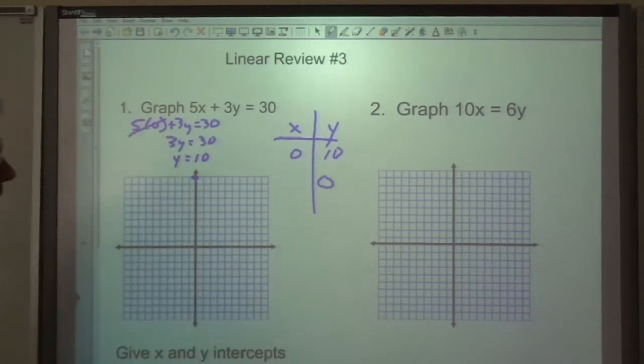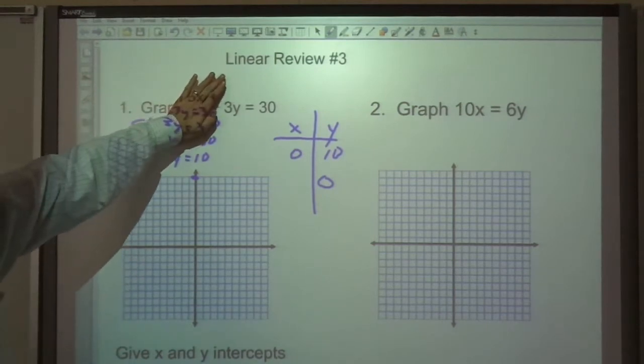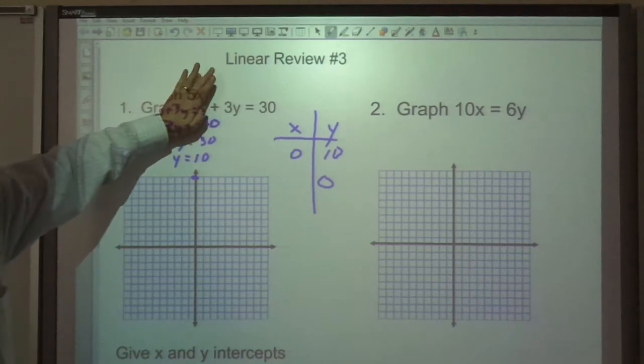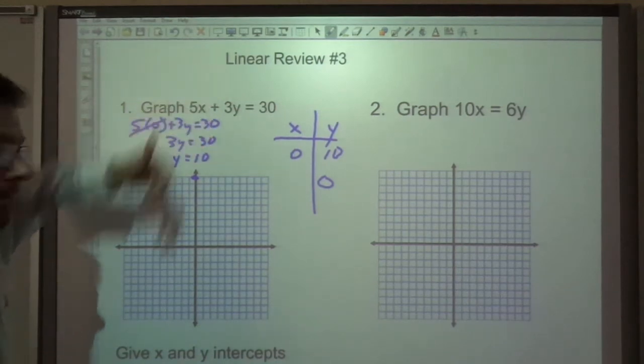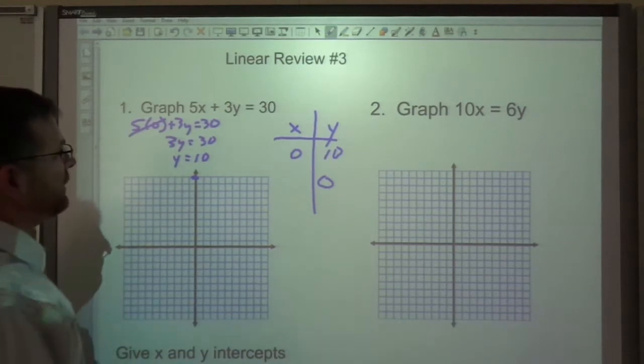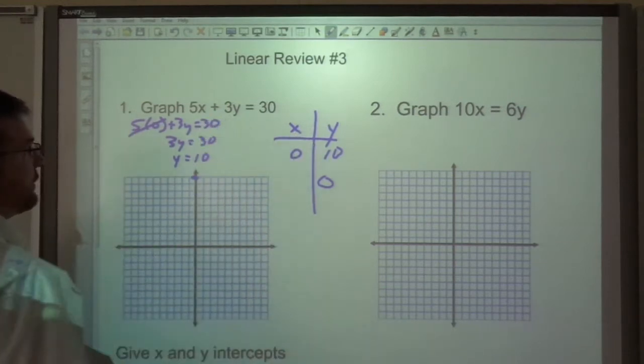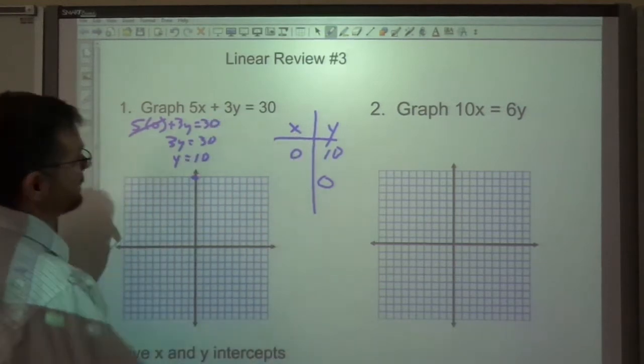Now the fast way to do that, what I often do, is just say if x is 0, then this is just gone, because that's just 0. So that's gone. 3y equals 30. So what's y? Divide, 10. There we go. To find what the x-intercept is, we're going to let y be 0